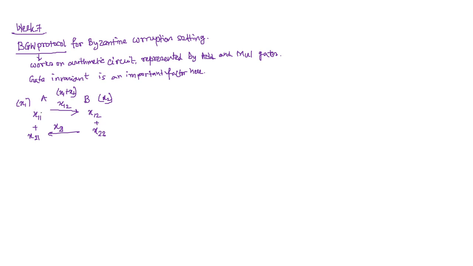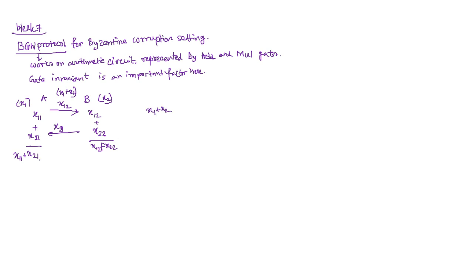So A has x11 with its own, and A also receives x21 from B. So they add them up. B also has x22 with it and receives x12 from A, and it adds them up. So x11 plus x21 and x12 plus x22, these two, if you notice, are actually an additive secret share of x1